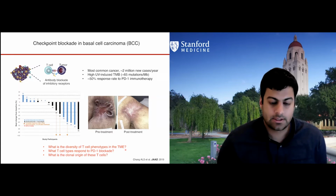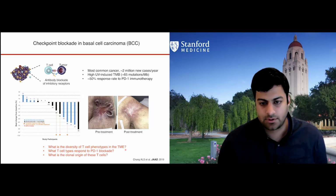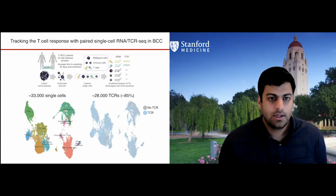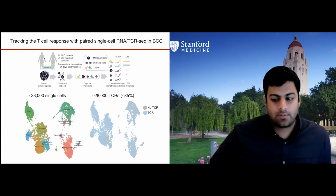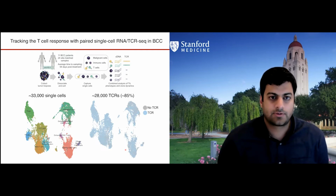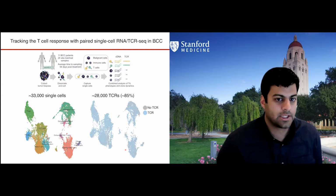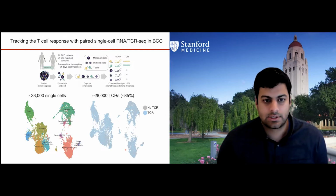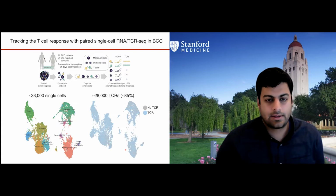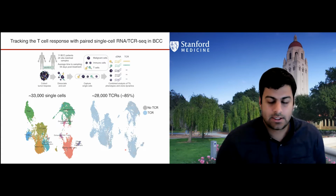But to really understand this, you need to have a clonal assay that can measure and track individual T cells in the same tumor in the same patient pre and post therapy. So that's what we did. We used patients that were in this trial and isolated samples from 11 patients, both pre and post therapy, site matched at the same place. And so we isolated the tumors, dissociated into single cells, and then performed single cell paired RNA-seq and TCR alpha-beta